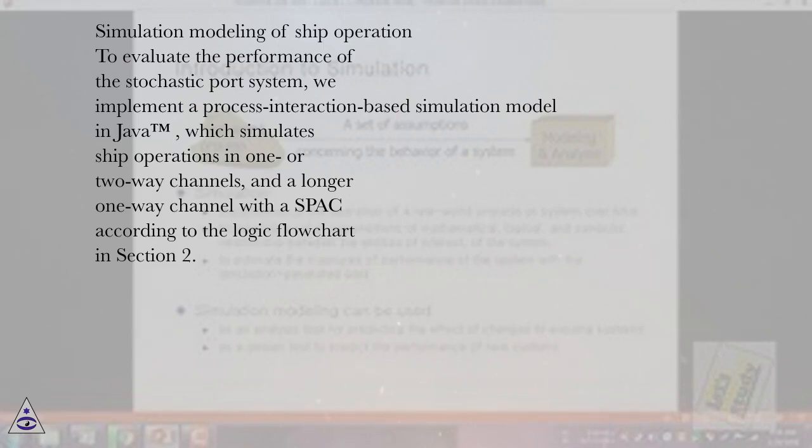Simulation modeling of ship operation. To evaluate the performance of the stochastic port system, we implement a process interaction-based simulation model in Java, which simulates ship operations in one- or two-way channels, and a longer one-way channel with a SPAC according to the logic flowchart